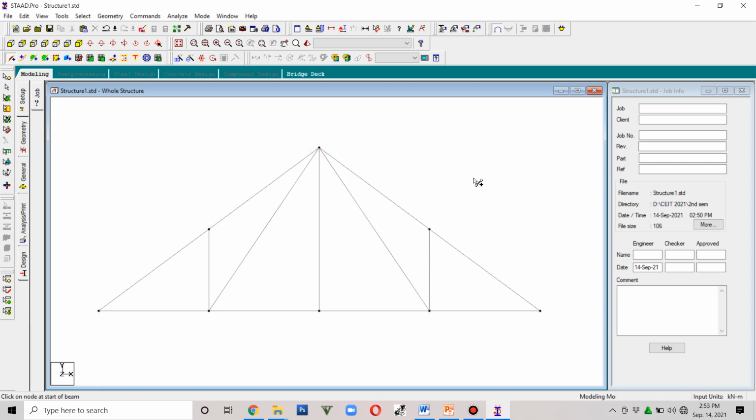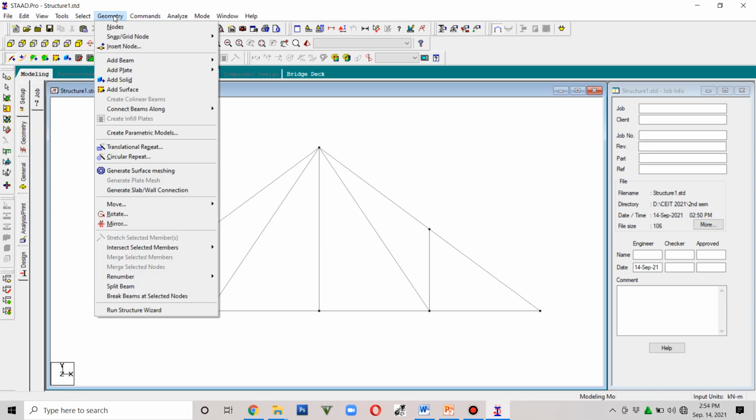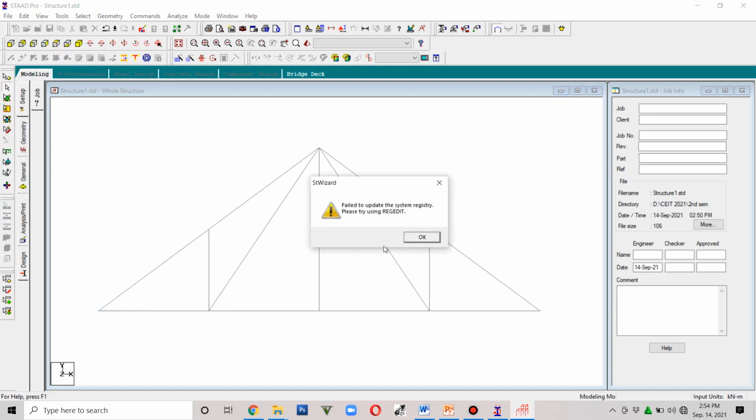Okay. So this will be our model by structure wizard. So from the New, or if you have already opened your STAAD, just go to Run Structure Wizard